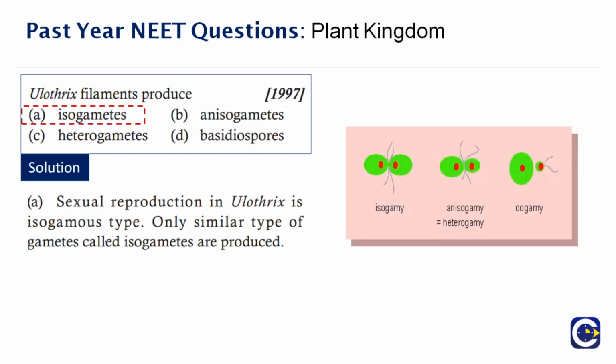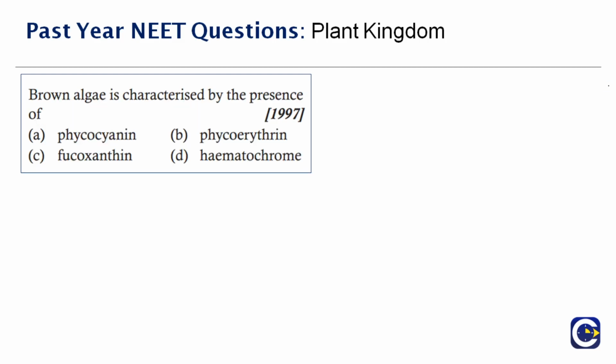And to your right side, you can see the diagram of isogamy and anisogamy. Anisogamy, you can also call it heterogamy. Why? If you see, they are of dissimilar size; that is why the name. Now let's move to the next question here. Brown algae is characterized by the presence of dash. This question was again asked in the year